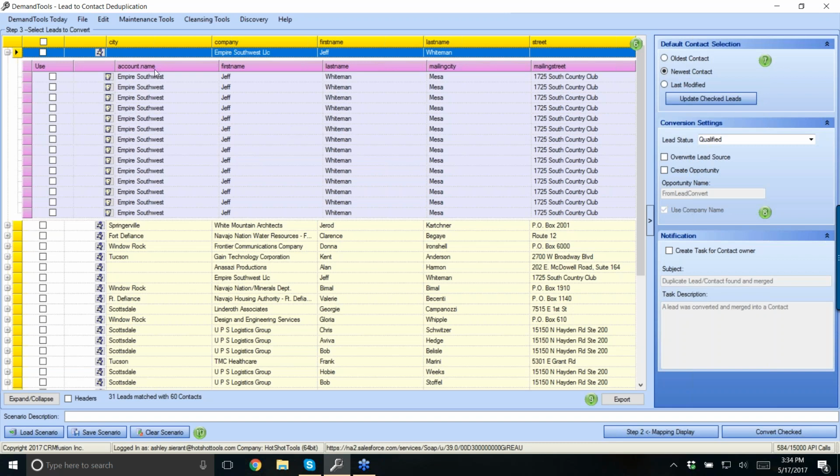What I've got here is I've matched one lead to more than 10 contacts, it looks like. So if I had already gone in and deduped contacts first, I would not have this. Those would have already been cleaned up. When this does happen, if you do need to come in here first and clean up leads and contacts